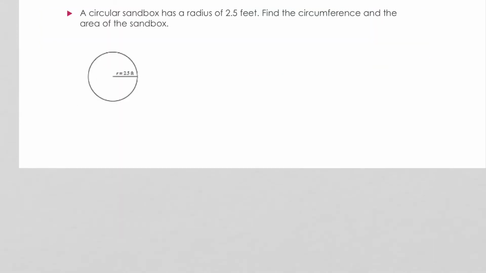Okay, on this example, we have a circular sandbox that has a radius of 2.5 feet. Find the circumference and the area of the sandbox. So the circumference, like we learned from the previous page, has a formula that is 2 pi r. And so we've got C is equal to 2 times 3.14 times 2.5. Okay, and whenever we do that on our calculator, we get,